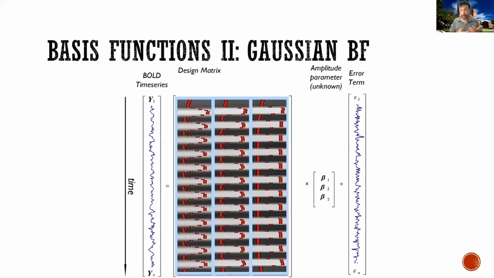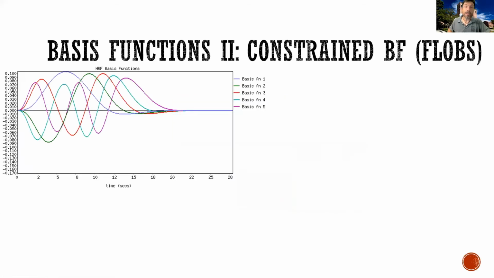And then at this point, you can just start using several different models. For example, you could use just a Gaussian basis function set, where you have three Gaussians, and again, now you would still have three parameters. FSL gives you the ability to use what they call a constrained basis set, also known as FLOBs, that's the name of the tool. But the idea is that with just these 5 functions that you see right here,